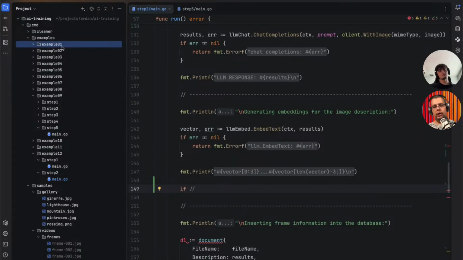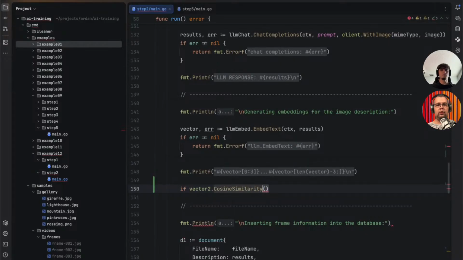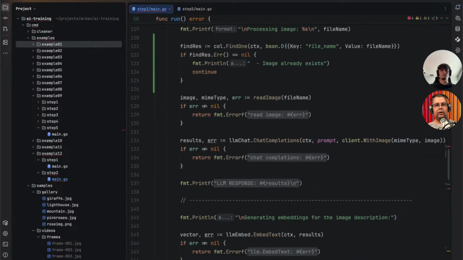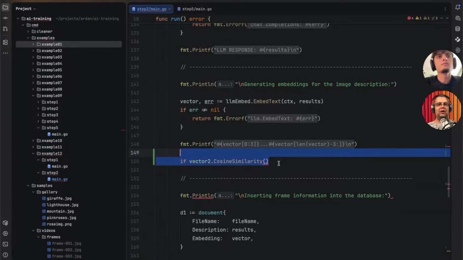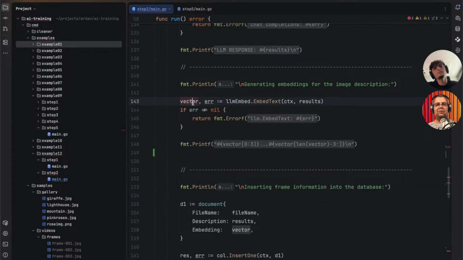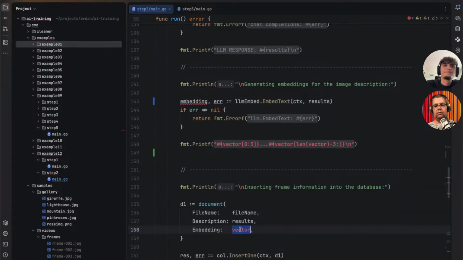Somewhere in this package there's a cosine similarity. Not really sure why it's called vector 2. Oh, I know why. It's called vector 2 now because we are using the variable named vector. So if we change this to embedding,